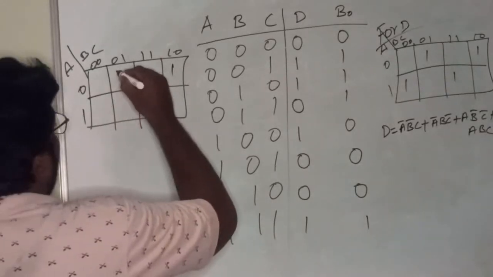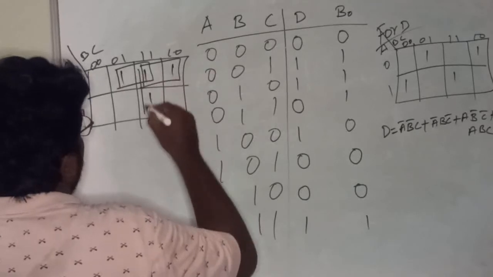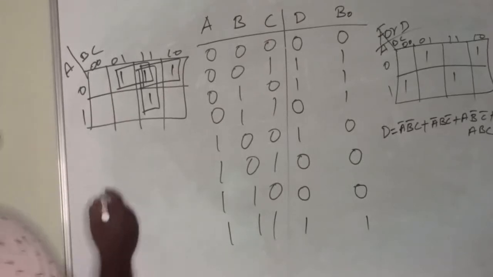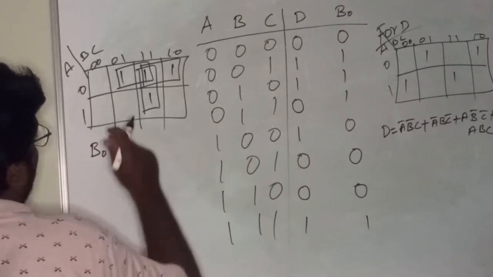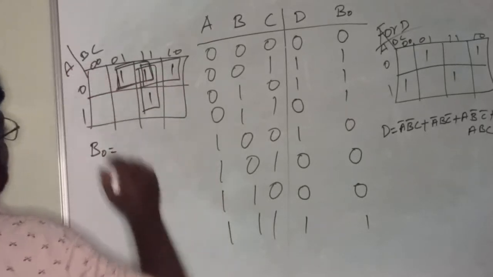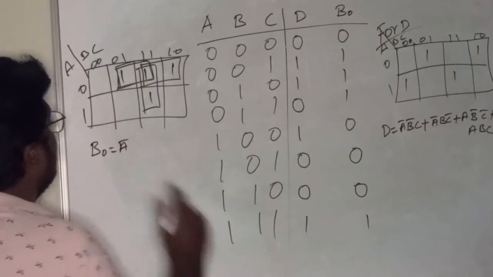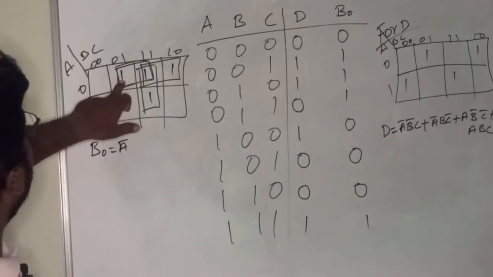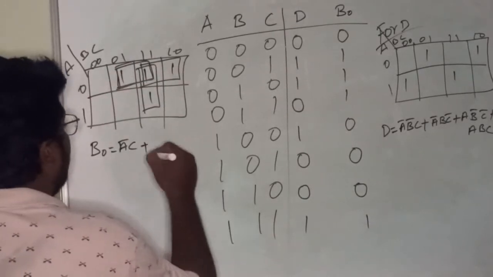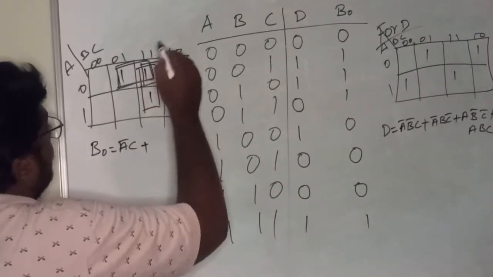So from this K-map we can form 3 pairs, right? From these 3 pairs, the borrow B naught is equal to, first take this pair. Here A is constant, that is A complement. Next, in this B value is varying and C value is not varying. So A complement C plus,